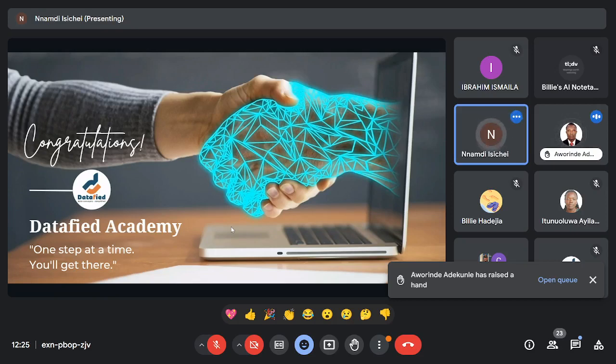Yes, so they have to take an assessment for us to be sure, because it would really be unfair when we have people who came in as scholars through our scholarship program run the class with the paid students who have gone through our beginners training. Then because of the people who came through scholarship, we start going back to the basics to teach things, to try to clarify things, to make them understand. No, we don't want that to happen. We want to be sure that we're working with those who are actually at the intermediate level, okay? Because we want to get the best out of this program.